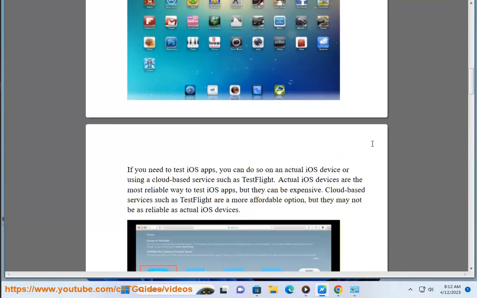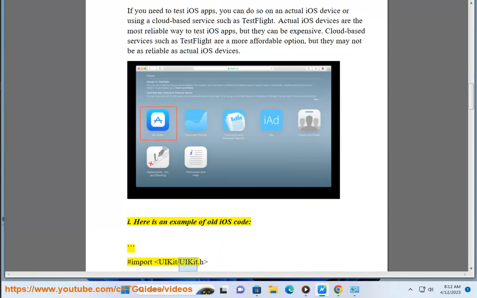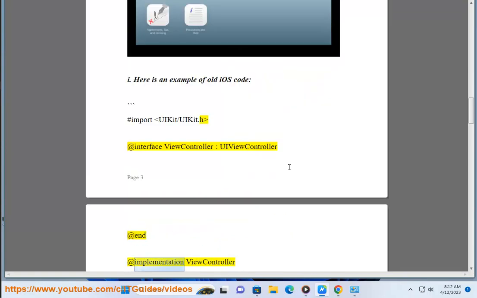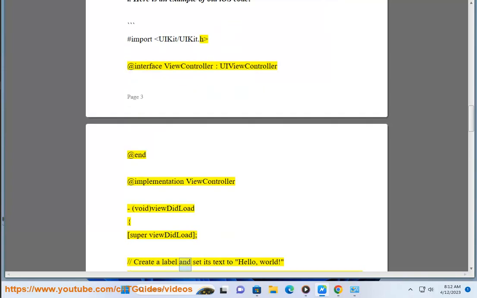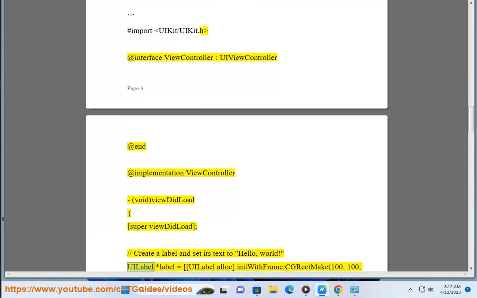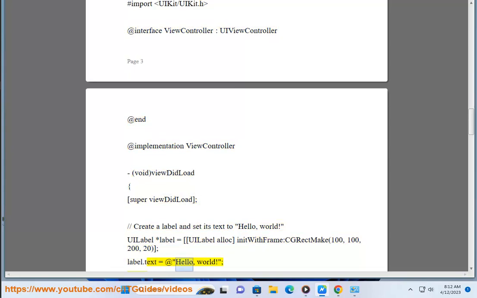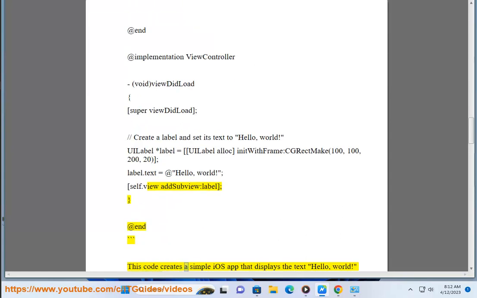Here is an example of old iOS code: #import <UIKit/UIKit.h> @interface ViewController : UIViewController @end @implementation ViewController - (void)viewDidLoad { [super viewDidLoad]; // Create a label and set its text to "Hello, world." UILabel *label = [[UILabel alloc] initWithFrame:CGRectMake(100, 100, 200, 20)]; label.text = @"Hello, world"; [self.view addSubview:label]; } @end